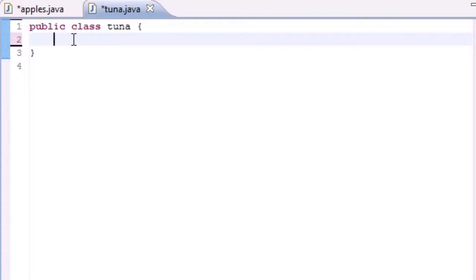Welcome to your 16th Java tutorial, and in this tutorial I'm going to be teaching you guys how to use multiple methods and also something called instance variables when working with classes. So let's go ahead and open up our Tuna class and clear anything out if you have anything in there. And the first thing I want to do is make a new variable called private string, and just put girl name, because we're going to be making a program in this tutorial to output the name